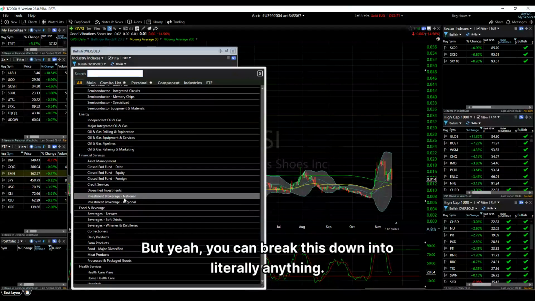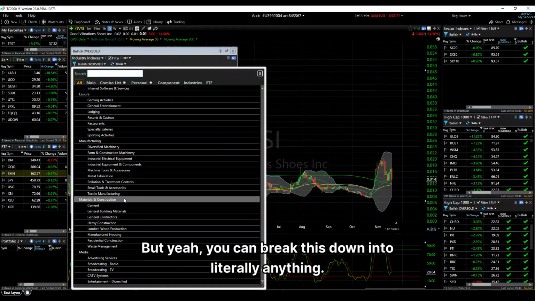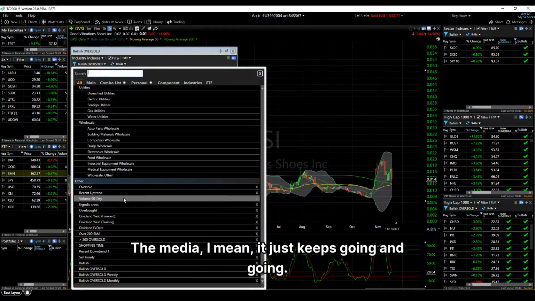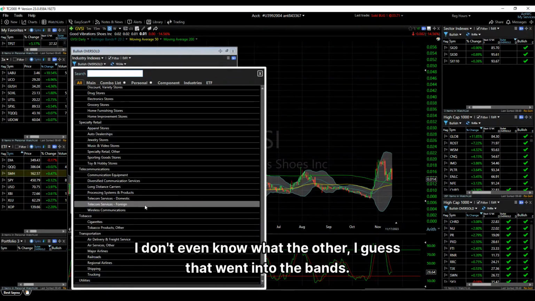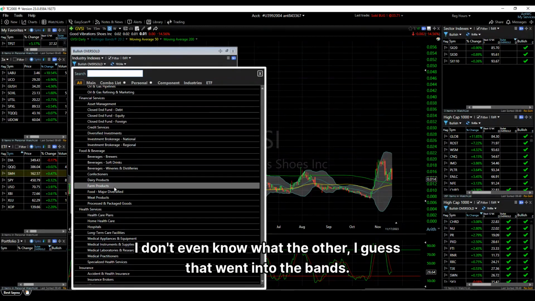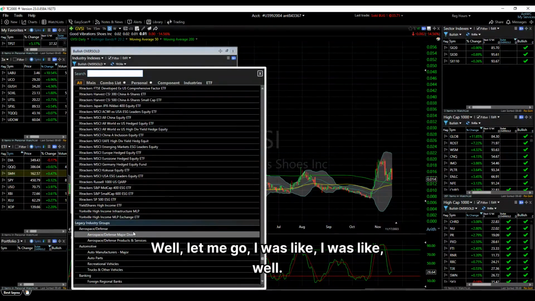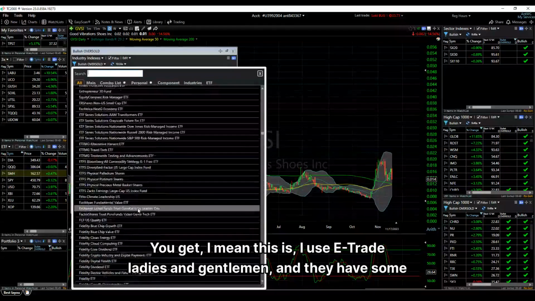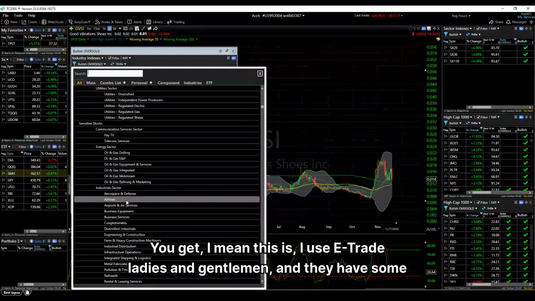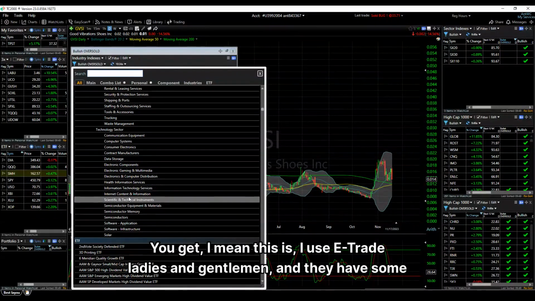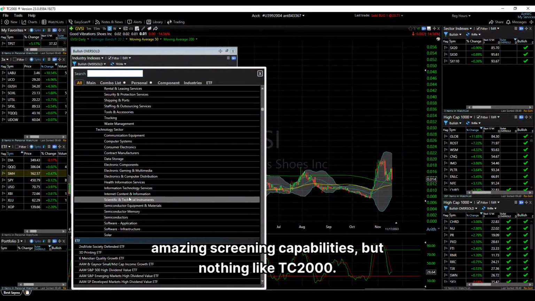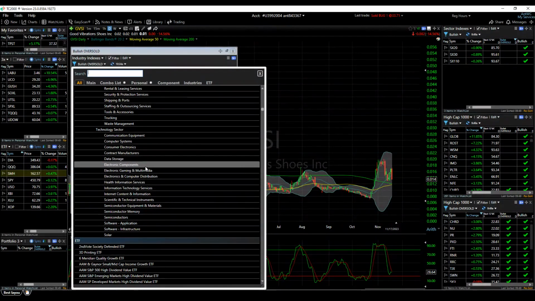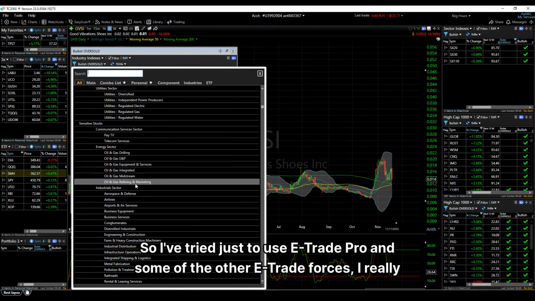But yeah, you could break this down into literally anything. Media, I mean, it just keeps going and going. I don't even know what the other, I guess that went into the scans. So let me go. What was I going to look? I mean, look at this. This is an ETF list. I use E-Trade, ladies and gentlemen, and they have some amazing screening capabilities, but nothing like TC2000. So I've tried to use E-Trade Pro and some of the other E-Trade